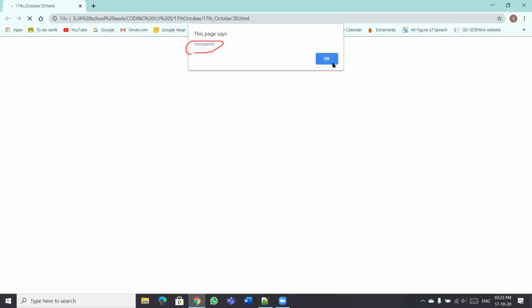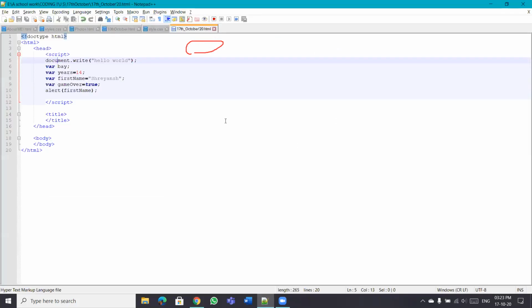Now let's go back to the code again. Suppose you want to see more than one value. You'll say first name, give a plus sign, and then say game over.